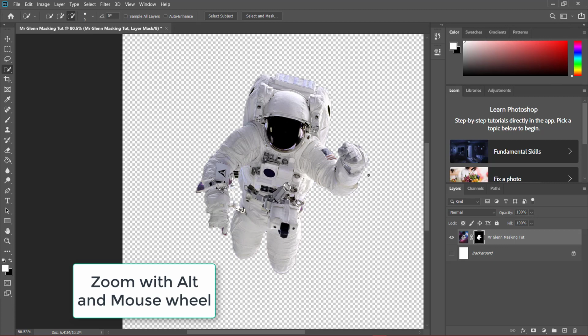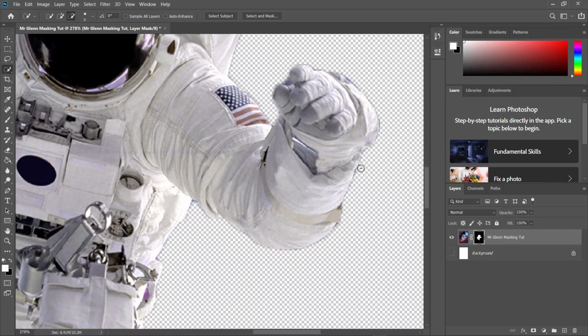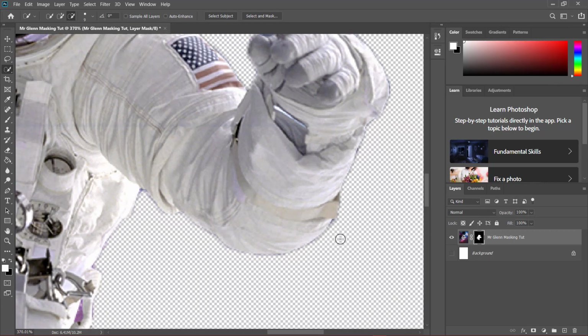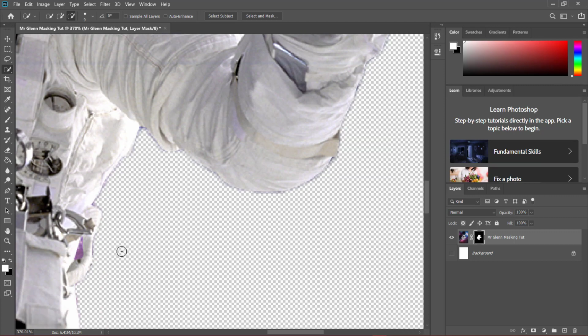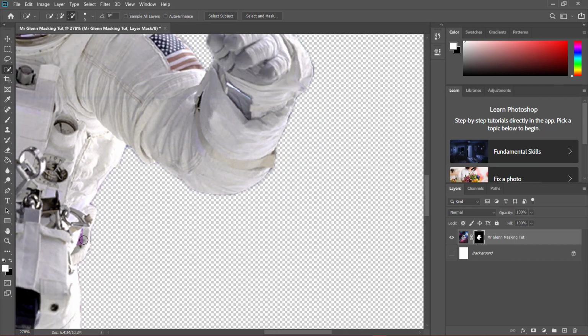As I've talked to you before, selections are really important, and I can see that there are some edges here that I probably want to get rid of, as well as some bits and pieces here. A good selection to start with means that you're going to have an excellent piece of artwork at the end. Down here